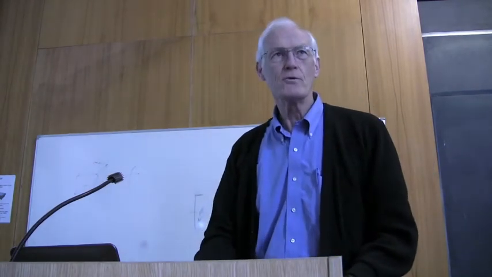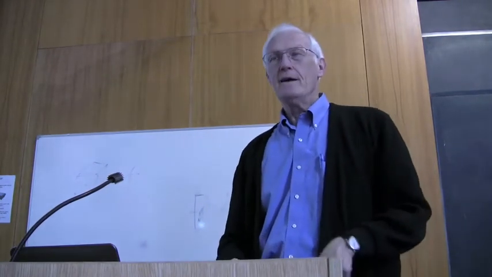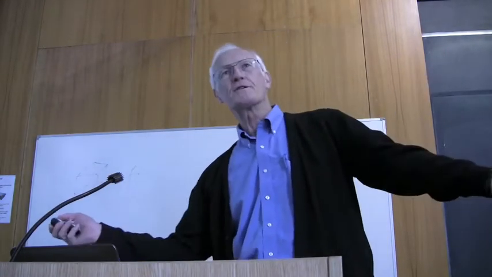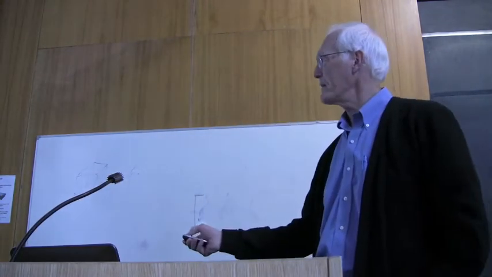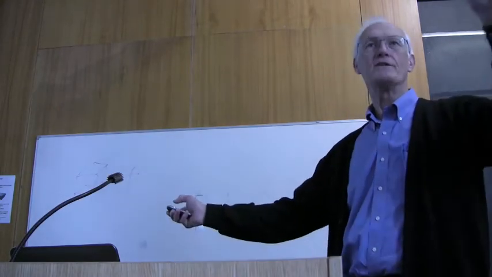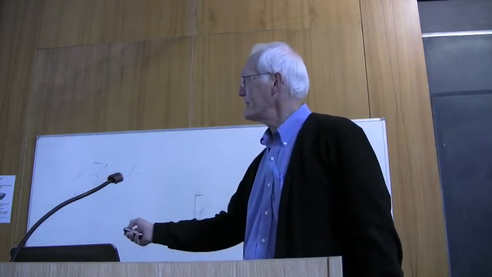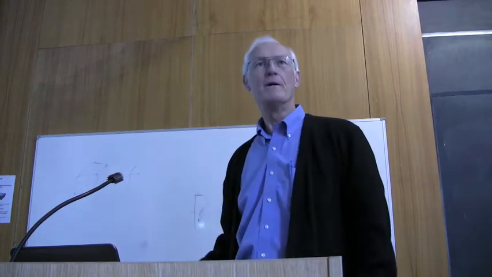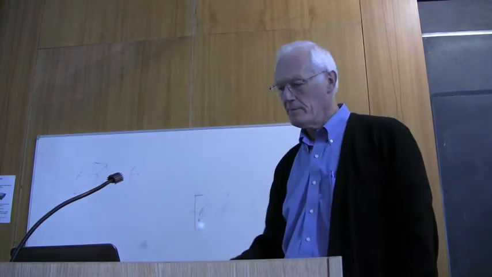So there's no reason that the things that seem to come out so well with density functional theory, the ground state that averaged over everything, should describe this problem. And this problem